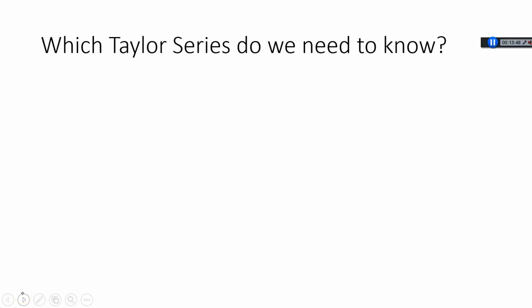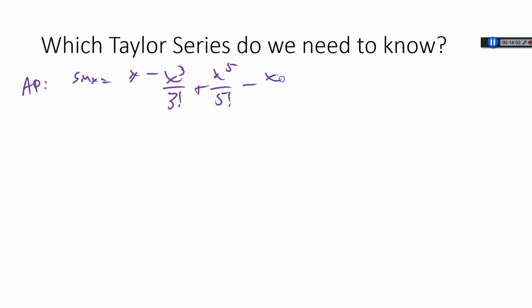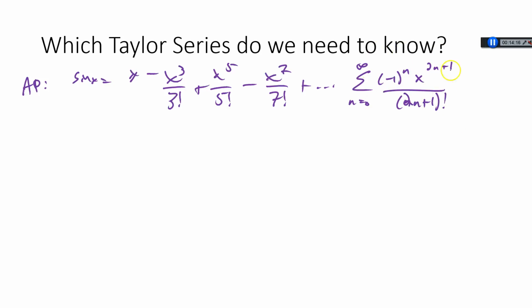So which ones do we need to know? Well, AP requires you to know 3. AP requires you to know sine x, which is x minus x cubed over 3 factorial, plus x to the 5th over 5 factorial. It's all the odds, minus x to the 7th over 7 factorial. Hopefully you're tired of seeing this by now, and you know it. N equals 0 to infinity, negative 1 to the n, x to the 2n plus 1 divided by 2n plus 1 factorial. Should have that at the tip of your tongue,